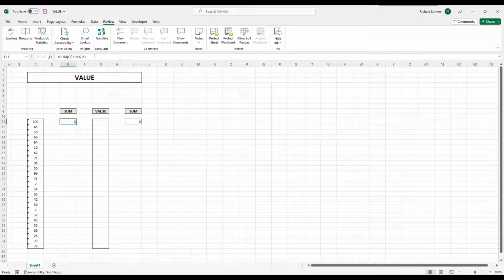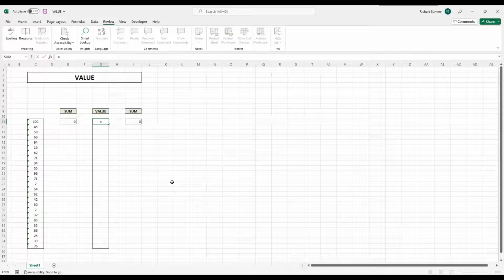And as you can see, I've done a sum to sum that, and it says 0, and that can't possibly be 0. The reason why it says 0 is because all of those are text values, and not actually formatted as values. Now, you can go through and click on each one, or right-click and say format as value, and get it to change when you re-enter it. But there is a quick way that you can use a formula, and that is by very